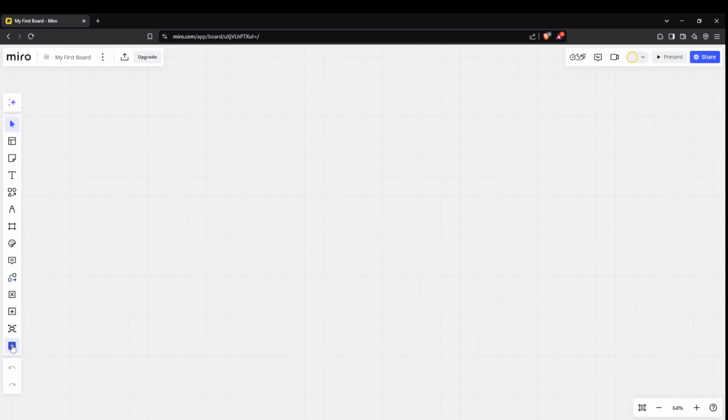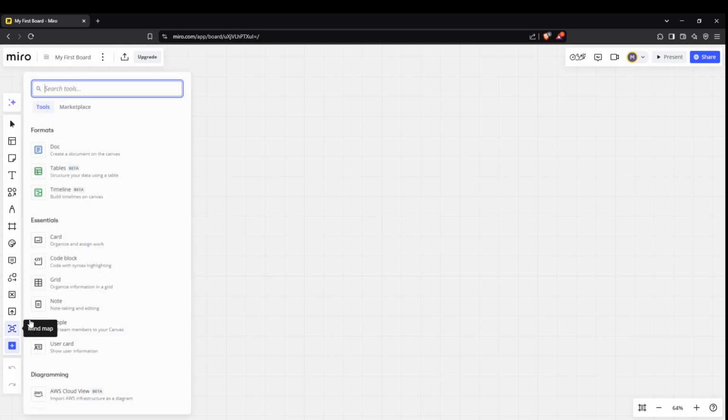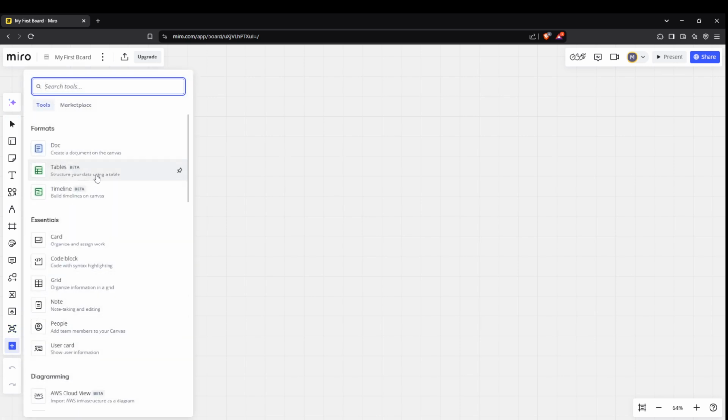Now on the left hand side of your screen, you'll notice a vertical toolbar. It's a treasure trove of features and functionalities. Look for the plus button within this toolbar. Found it? Great. Click on the plus button to open up some options, and from there, what you want to do is select tables. Upon clicking, you'll have activated the table tool, which is a great asset for organizing information